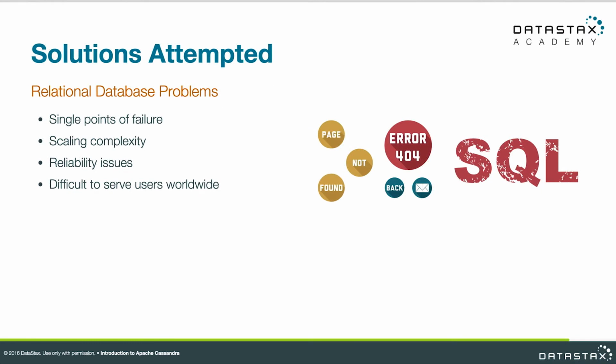Now, I may have done this several times in my life using a relational database. Of course I did, because I've been doing this for a long time. Now, you have a lot of choices there, and they're probably pre-installed in the operating system that you're using. But if we look at the problems that we're trying to get away from, like a single point of failure, which is a big problem. I have one database and a whole bunch of app servers. Well, what if that one database goes down?